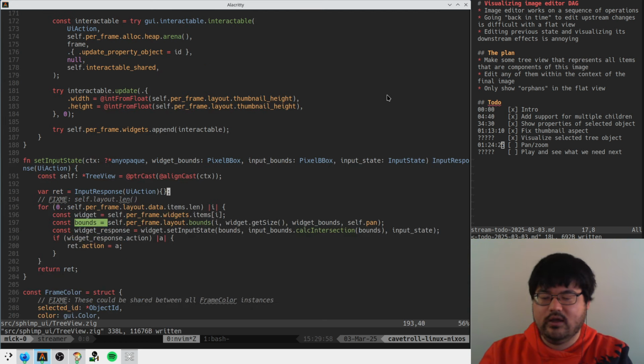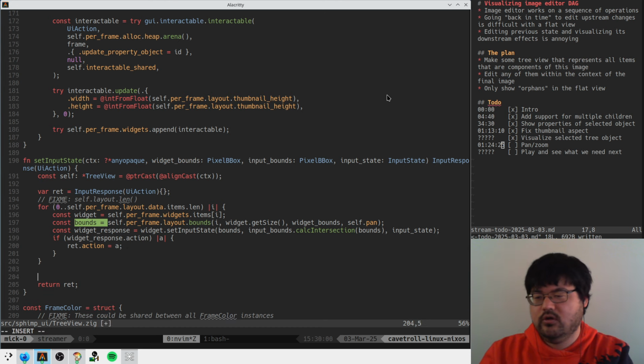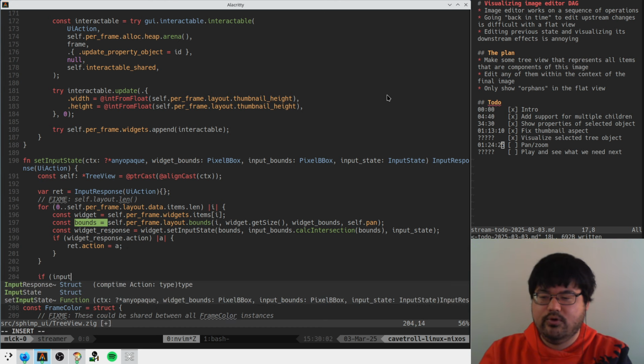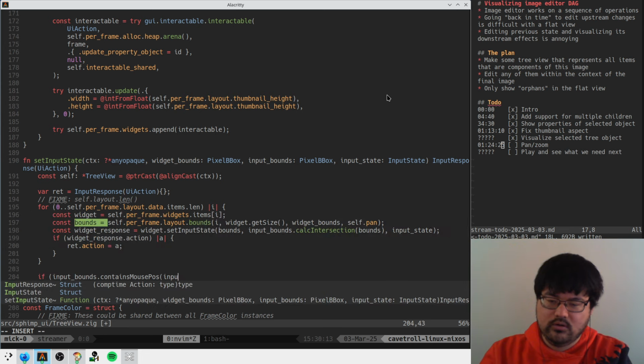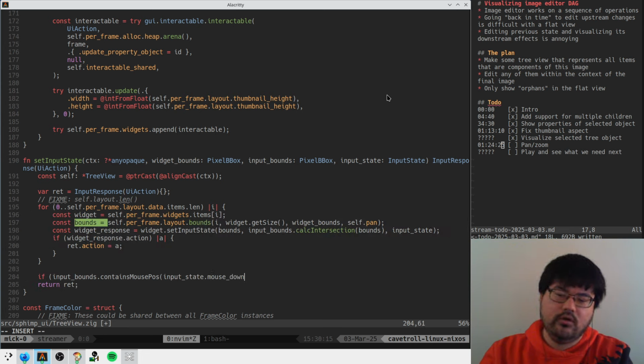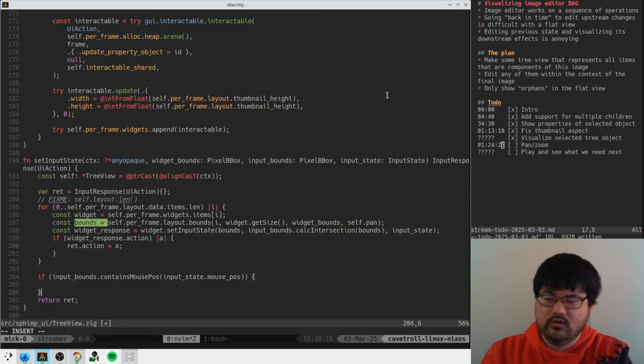So here we'll say if the input bounds contains the mouse, mouse pos or something,